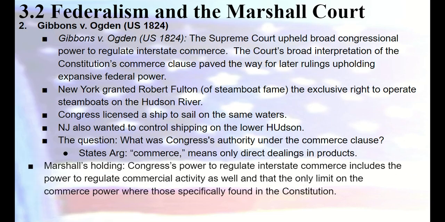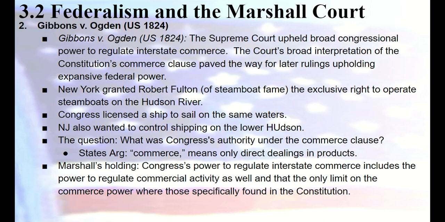The second case is a case called Gibbons versus Ogden. In Gibbons versus Ogden, the Supreme Court held that the broad congressional power to regulate interstate commerce was upheld. And the court's broad interpretation of the Constitution's Commerce Clause power paved the way for later rulings upholding